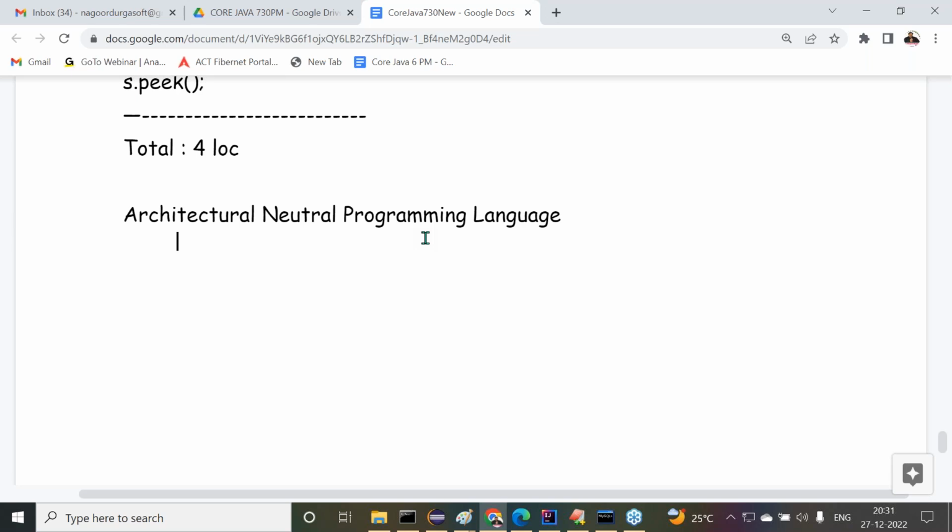Definitely, drives are going to happen. Even next Friday, we are conducting one drive for fresher recruitment when a company visits our Durgasoft. But that is for some other batch, not for this one, since we are not having awareness on this Java yet. Anyway, now try to understand the point, guys, what I'm telling you.